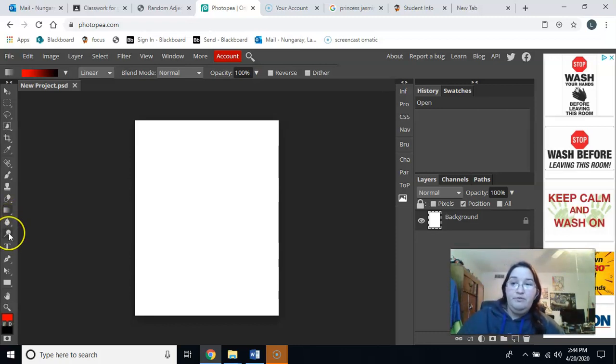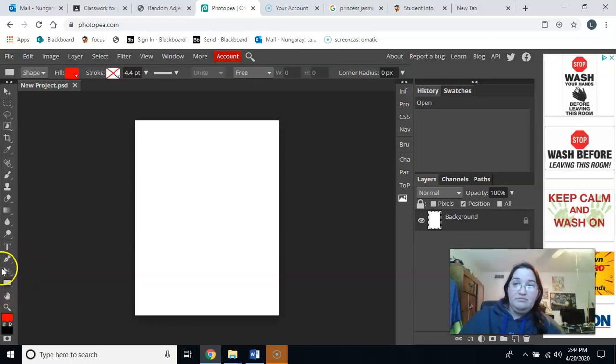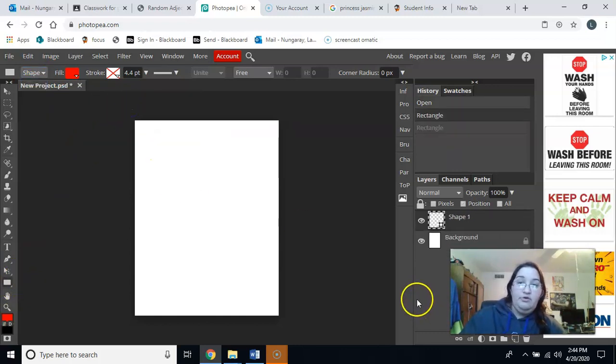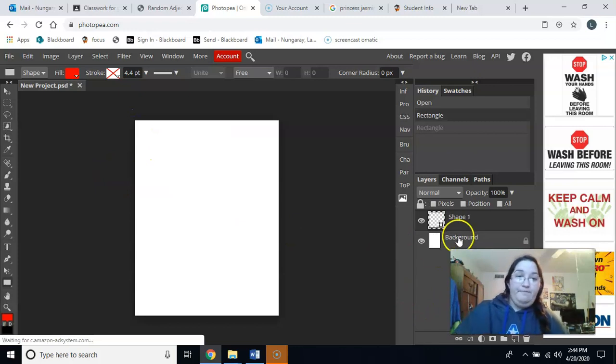You have the blur tool, you have the dodge tool, you have the typing tool, the pen, a path select, where you're going to ignore path select. This is an advanced tool. You're not doing that right now. And then you have the rectangle. Now, this is just basically to make shapes. That's it. It's just to make a shape. It makes a square. That's it. Don't overcomplicate what it is. Now,